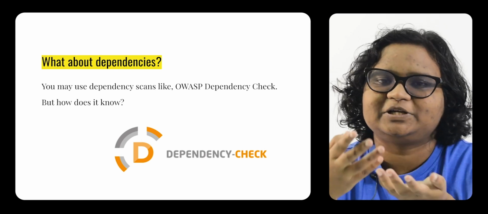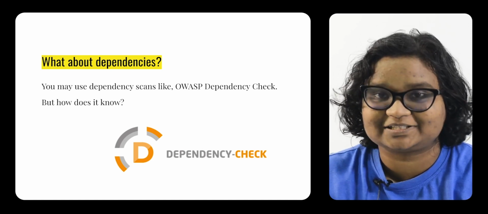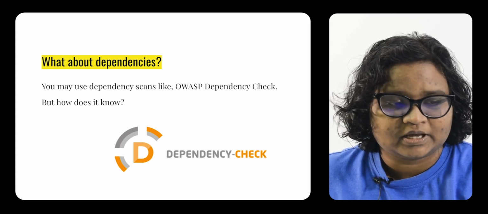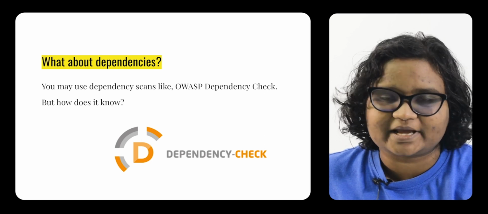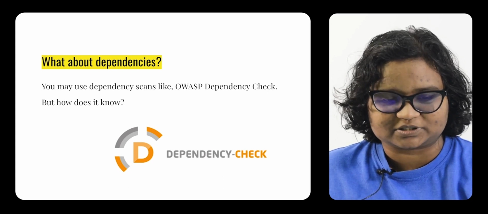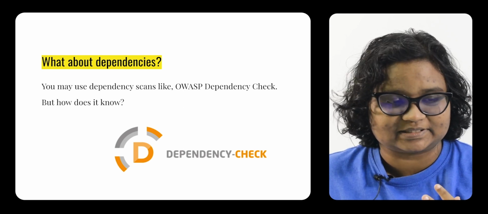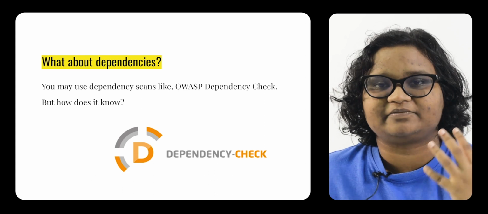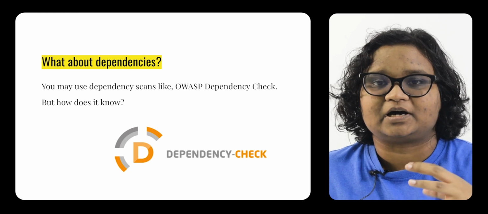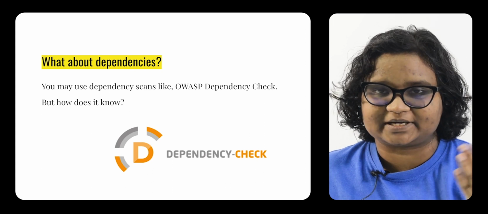But it'll be good to know, how does OWASP Dependency Check know the vulnerabilities? What list does it have? So it gets it from a place called the NVD, or the National Vulnerability Database. That's a US repository that contains all known vulnerabilities. So what it does is it keeps the publicly available vulnerabilities in a database, and tools like OWASP Dependency Check will be populated from that repository,